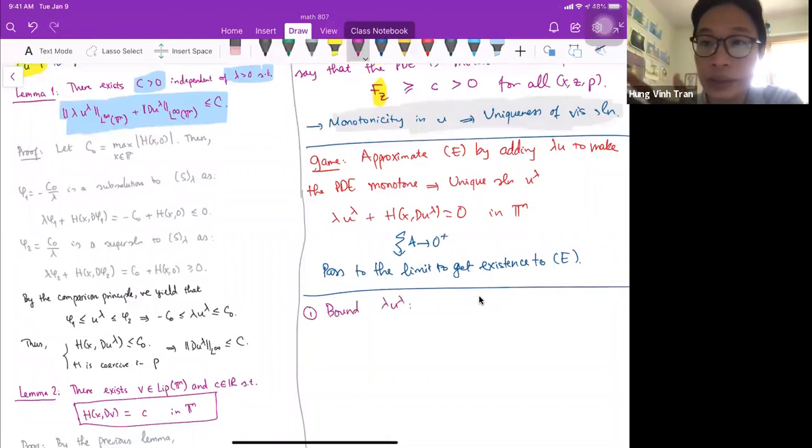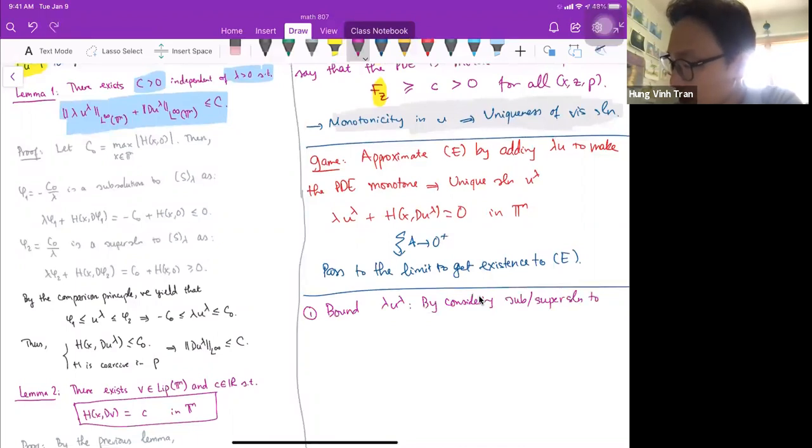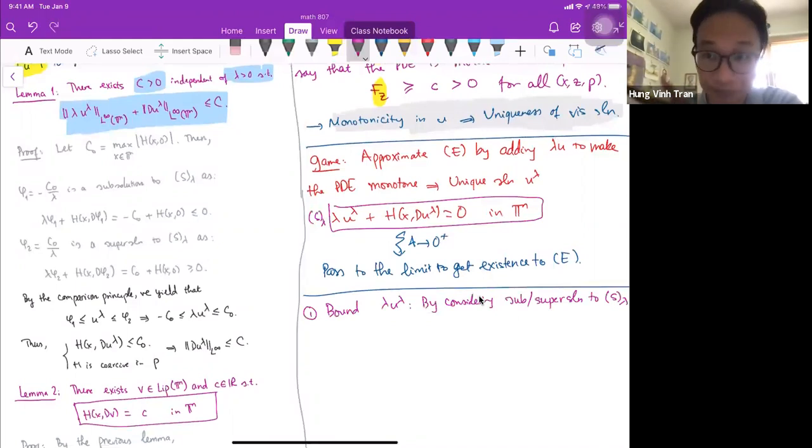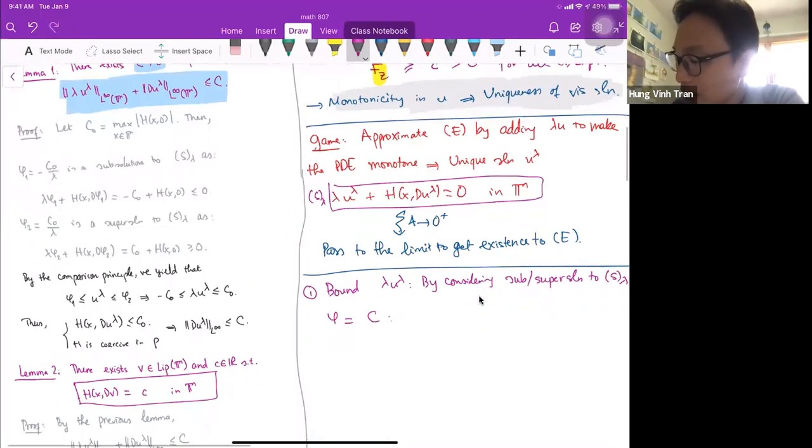This is done essentially by considering sub and super solutions to the problem S lambda, which is the problem here. A natural choice, and I'm just going to write it here, is to choose phi to be constant to see what's going on. Constants are the easiest thing to deal with as barriers or as